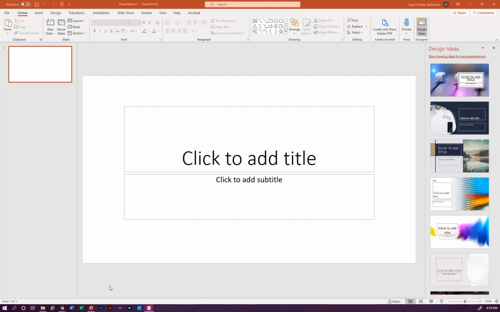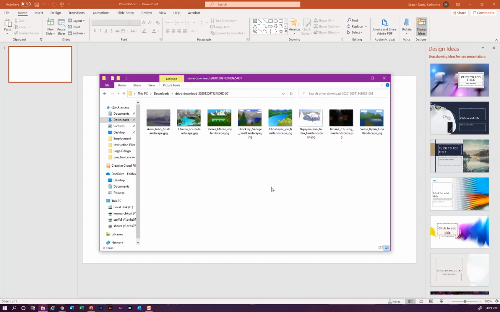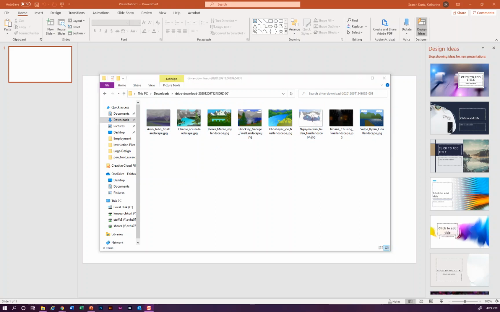The first thing that you'll need to do is download all of the artwork that you want to include in your slide deck. I already have some downloaded here. I would divide it into different folders depending on how many slideshow presentations you're going to do. So for example, if you were doing 2 slideshows, 1 per class,